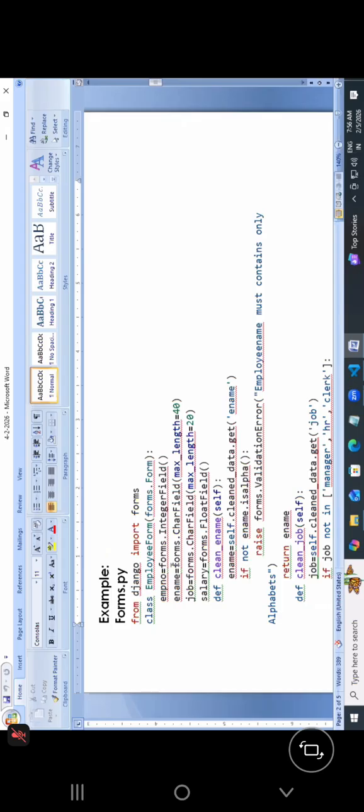So maintaining the things becomes easy. Okay, right? So this is how a form is. And after that,